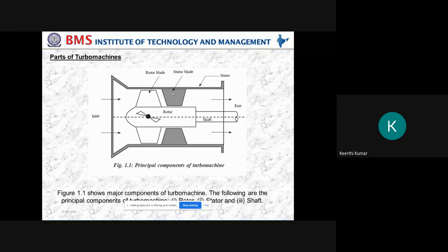What is the function of the stator blade? The function of the stator blade is only to guide the fluid which is entering and doing its work, so that it can go out. To get the exit, it will guide. That means it will show the path. It has to flow in this path only. That is the function of the stator blades. The other name for stator blade is guide blade, and it is always fixed to the casing. The other name for casing is stator. So this stator blade is not going to rotate. Only the rotary blade will be rotating.